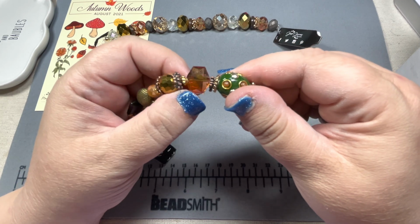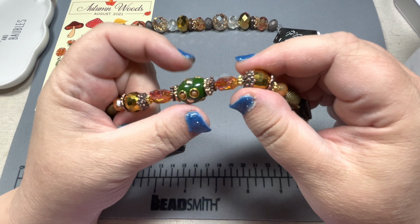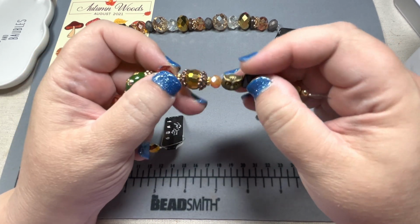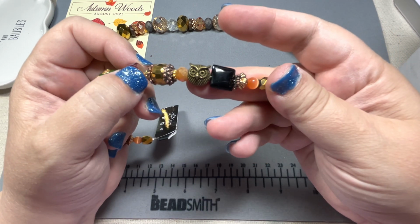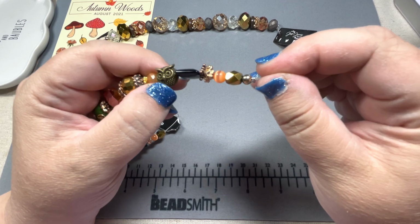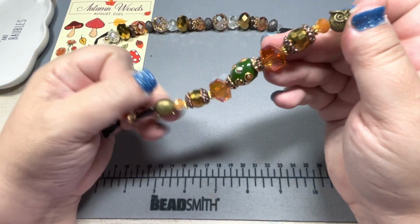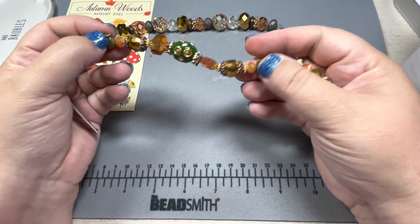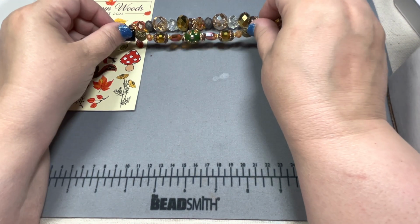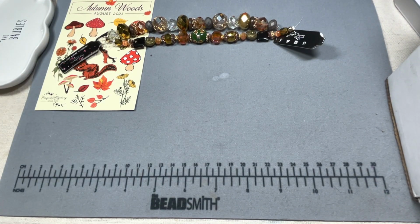Gorgeous. Oh, look at this one. Really pretty boho bead. Another owl. I do love owls. I do. Gorgeous strand. Beautiful. Put me in the mood for fall, for sure. Then we have,